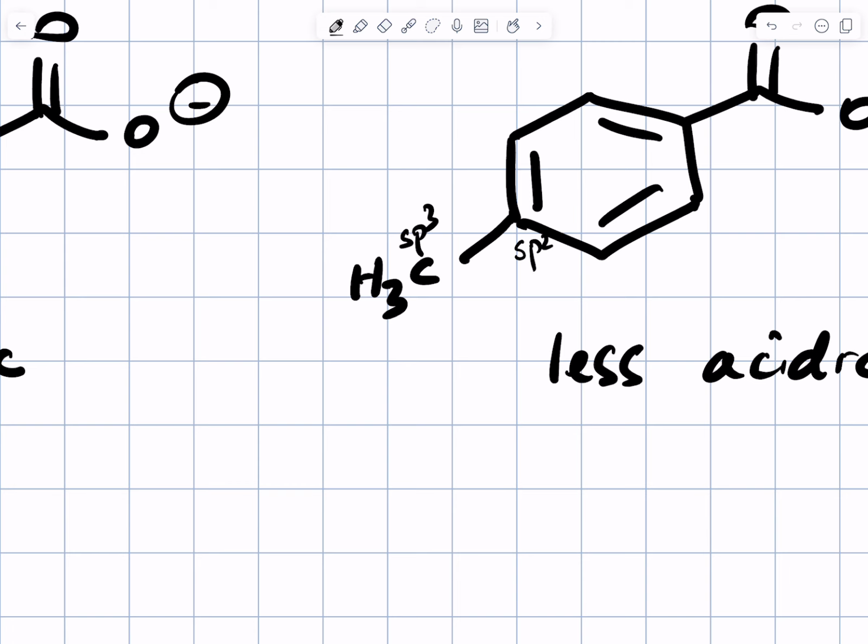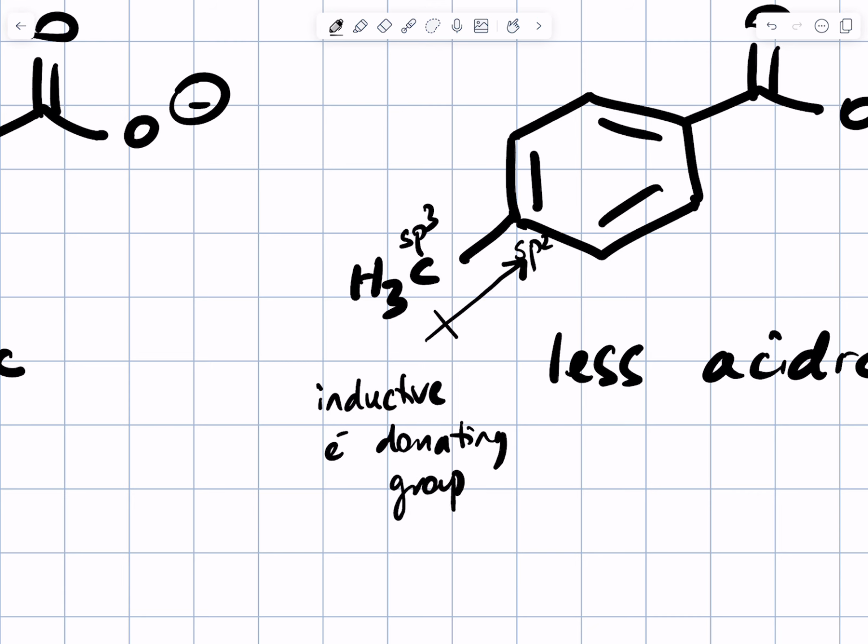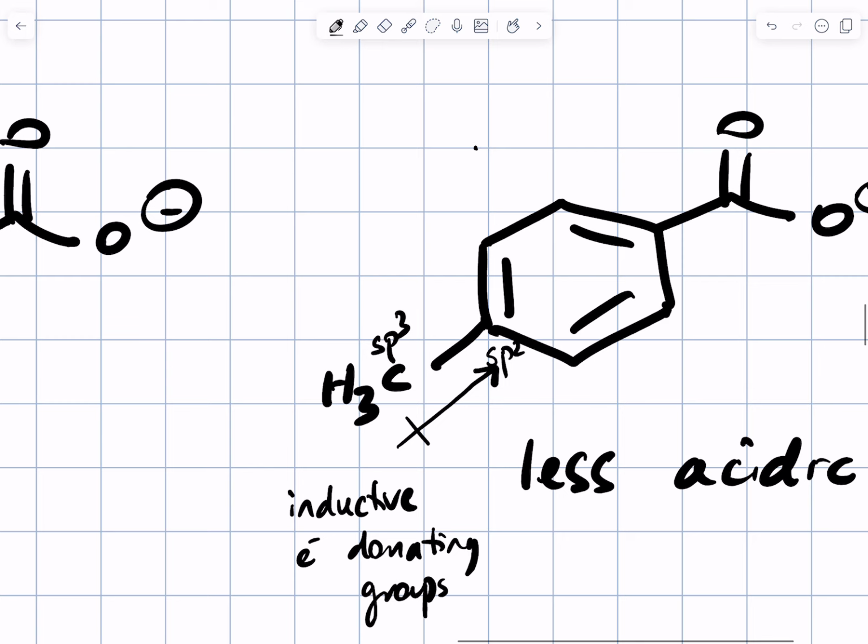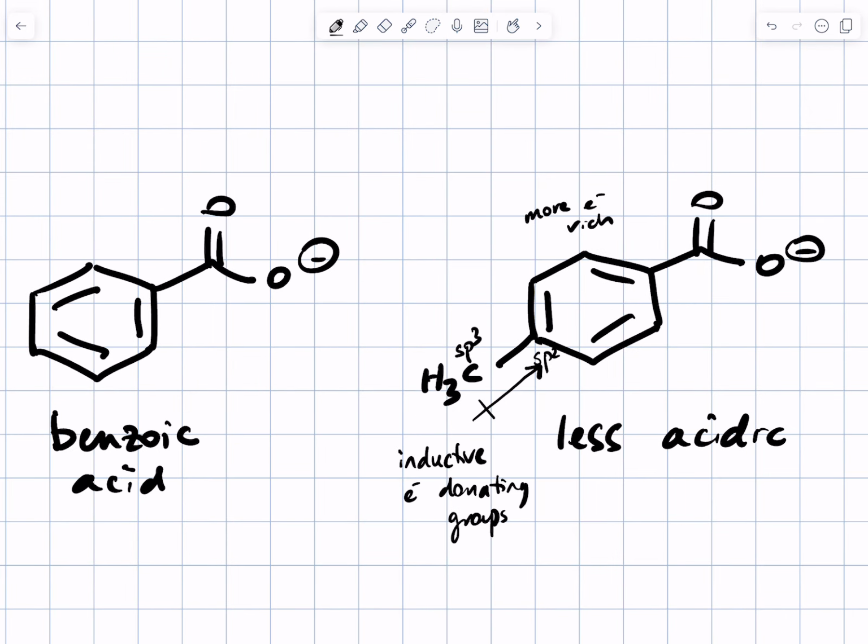So the more alkyl groups you have on a benzene ring, the more electron rich the benzene ring is, because those sp2 carbons in the ring will actually pull electron density away from the alkyl groups. So alkyl groups are examples of what we will call inductive electron donating groups. They tend to make the benzene ring more electron rich,